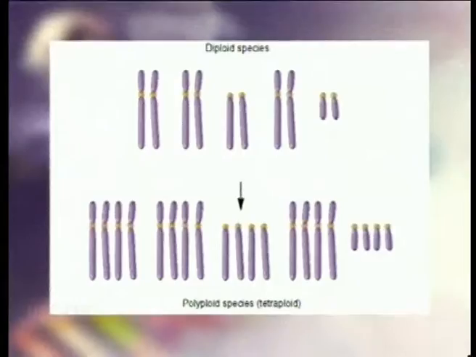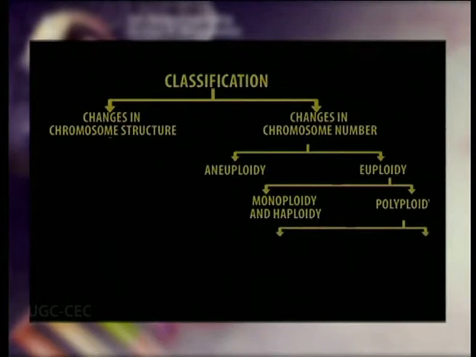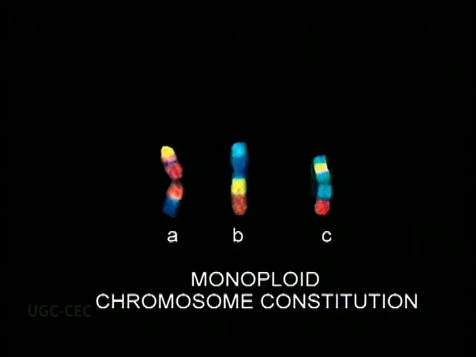Now, the other form of change in chromosome number is the increase or decrease of the number of sets of chromosomes. This is called euploid variation. Euploid variations are designated with reference to the diploid state. These variations may be grouped into 2 broad categories, that is monoploidy and polyploidy. Dear students, monoploidy denotes the presence of a single copy of a single genome.